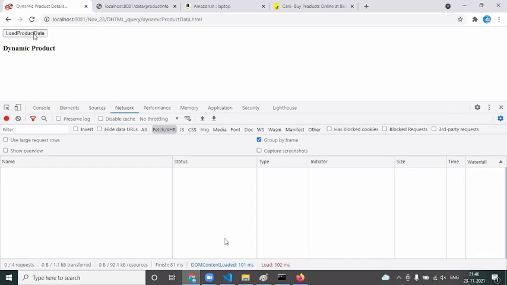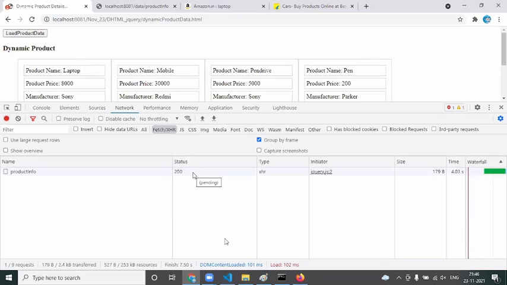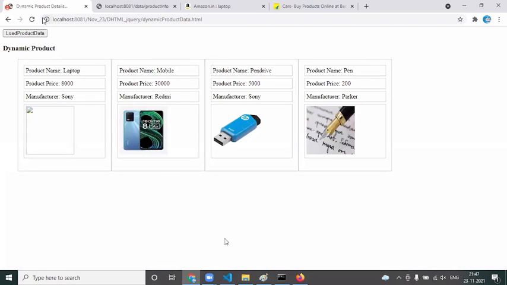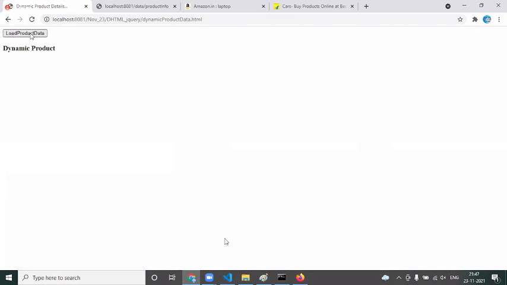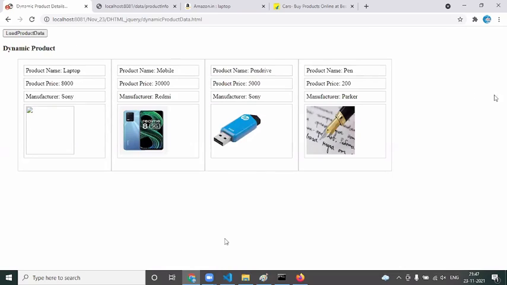Now when I'm clicking on load product data, do you see, am I getting into the pending state? Yes, it happens. Now how much time did it take? 4.3 seconds it has taken. Now my expectation is, boss, this is too much time. One more problem I have is, whenever I'm reloading the page and click on load product data, why am I seeing an empty screen here? I should not see this empty screen, isn't it?